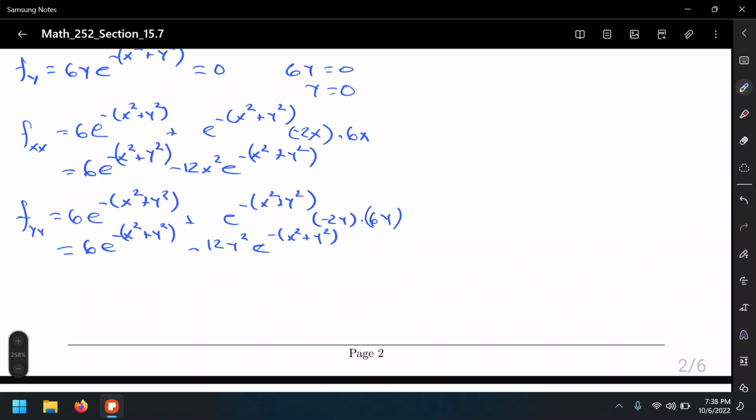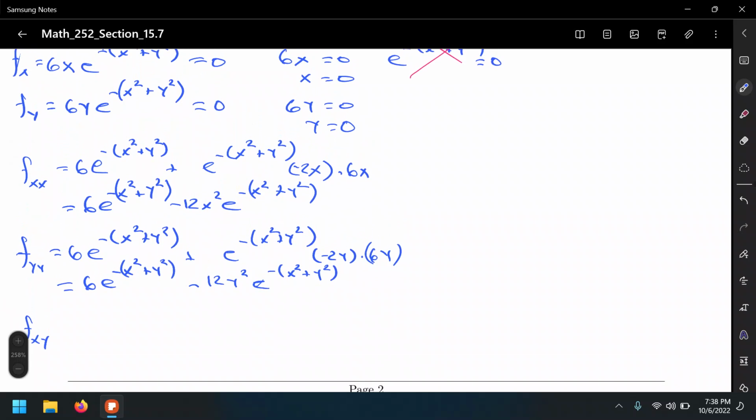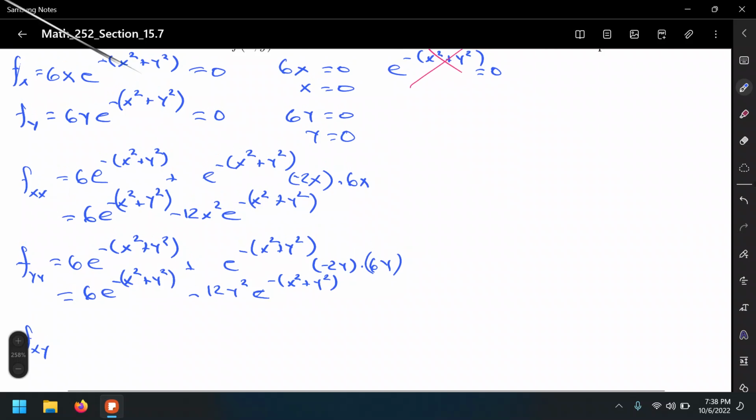And so we are going to need one more partial derivative. That is going to be the mixed partial derivative. All right, for the mixed partial derivative, that's going to be f x y. So that's going to be the derivative with respect to x, but this time we're going to differentiate it with respect to y. That is the 6x e to the negative x squared